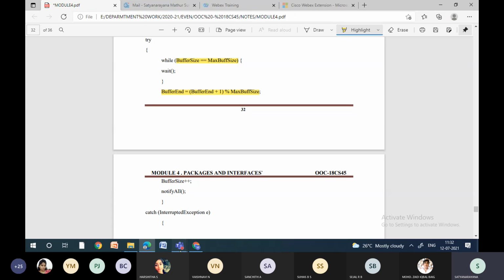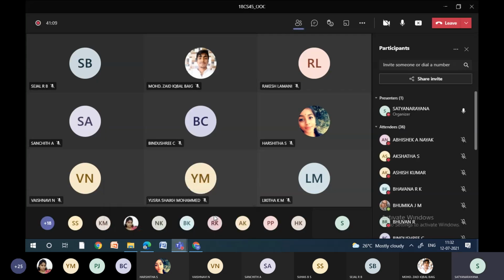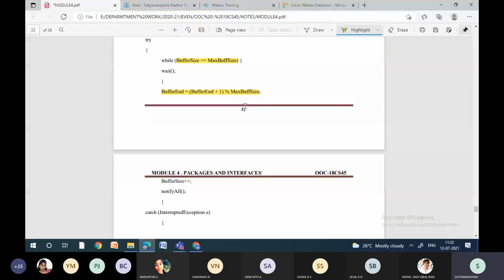Any other answer? Why are we doing that statement? Right, I'll just come back to this and tell you why we are doing it. This is to check buffer end, but how we are checking, we'll come back.